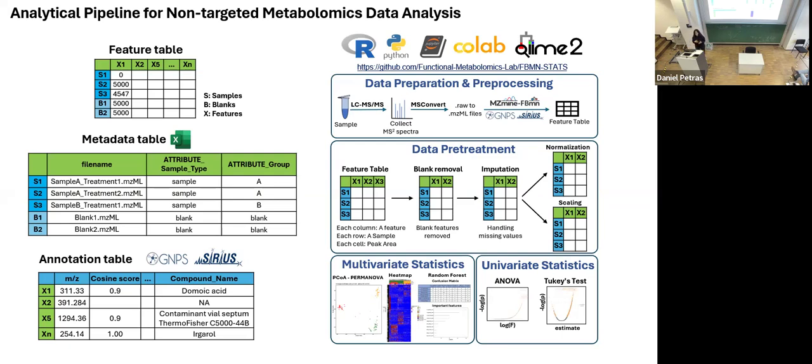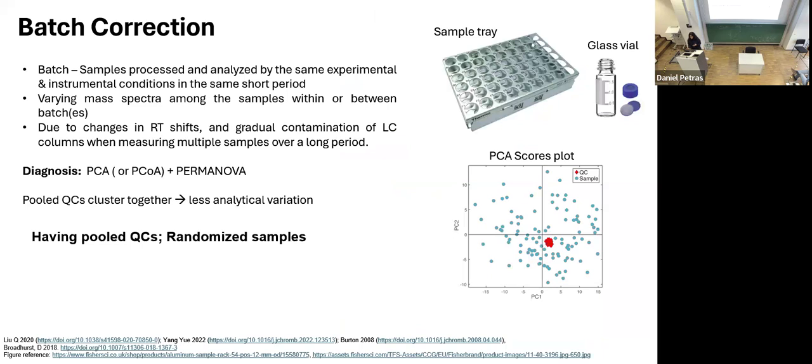And here we first do some cleanup, such as blank removal, imputation, normalization, and scaling. This is also something that Josh nicely touched upon. And then we go into some multivariate statistics and univariate statistics. I'm not going to go deep into each of these sections because it's already covered, but I just wanted to